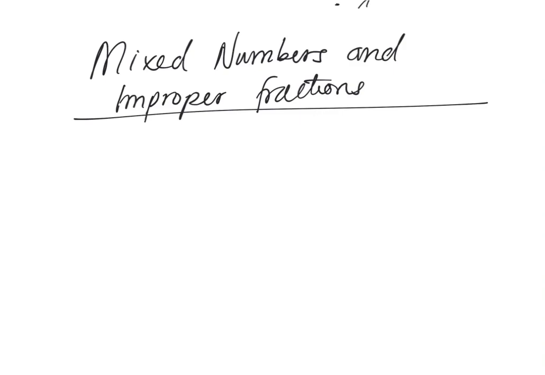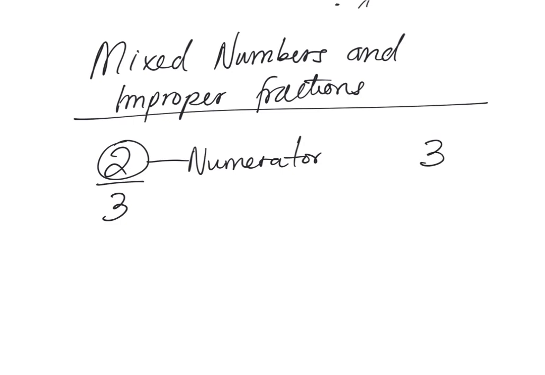Let's quickly discuss mixed numbers and improper fractions. Now, we know that proper fractions have a numerator and a denominator, and there are situations where the numerator, which is the number on top, is greater than the denominator. So a situation like 3 over 2, where the numerator is greater than the denominator, we call